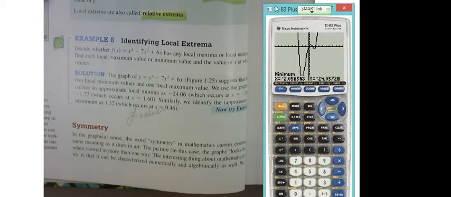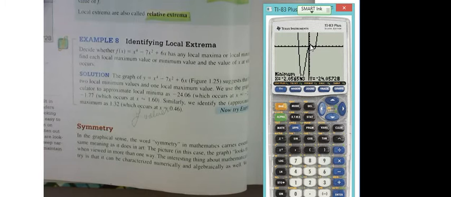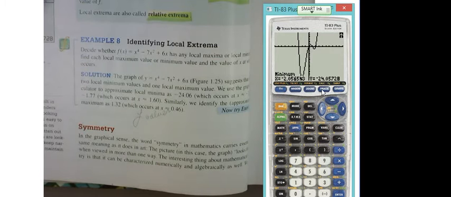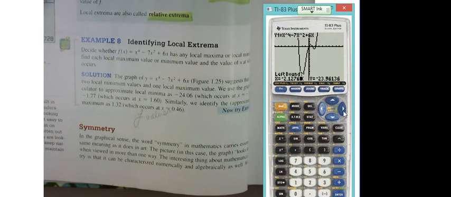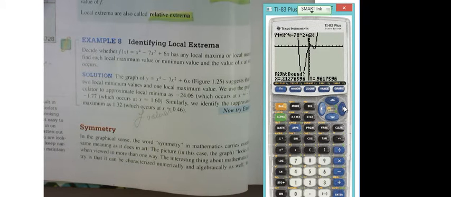So now this point right here, where the cursor's pointing, is that a minimum or a maximum? That's a maximum. So I'm going to hit second trace and choose maximum. Now, see how it says lower bound right here? That means I've got to go a little bit to the left of the top of the hill. So that looks good. Then it says right bound. I'm going to go a little bit to the right. Then it says guess. I want to try to get right in the middle, on top of the hill if I can. So the next one occurs at